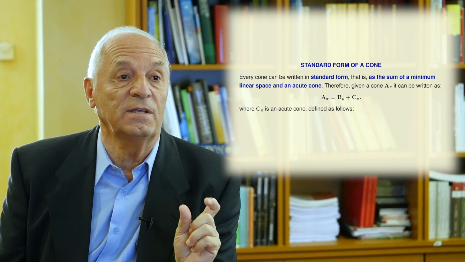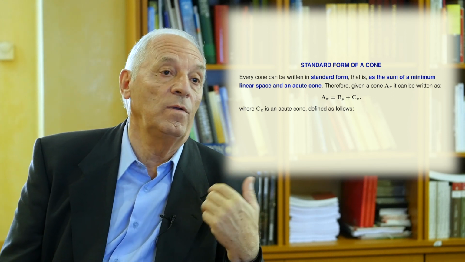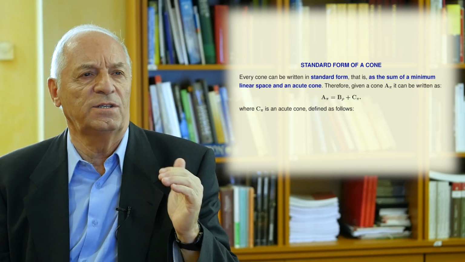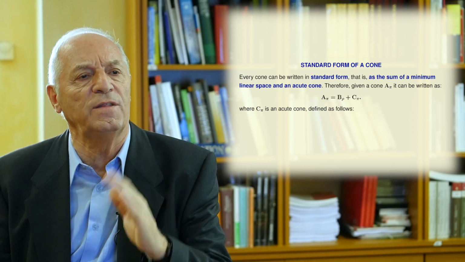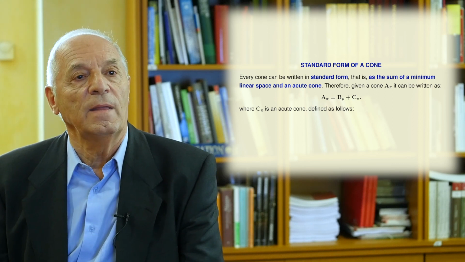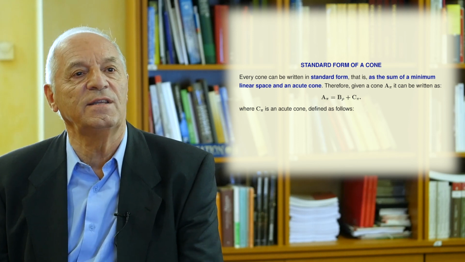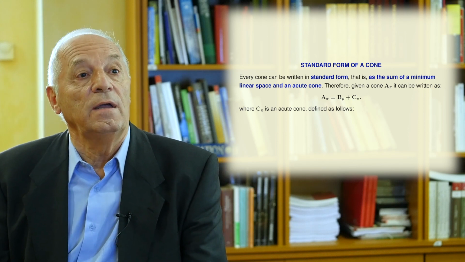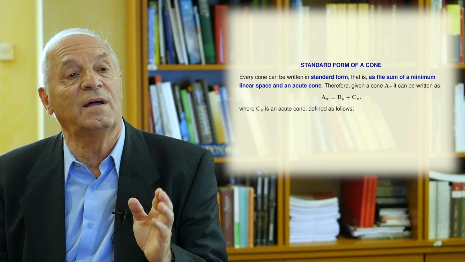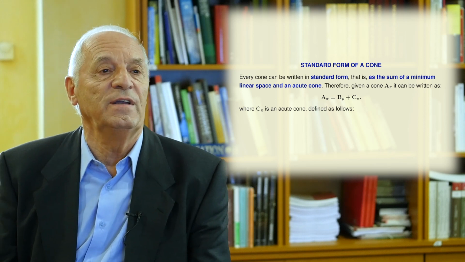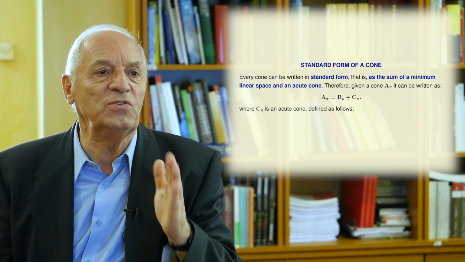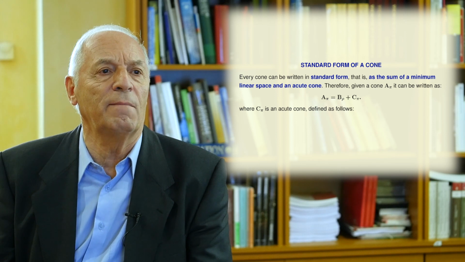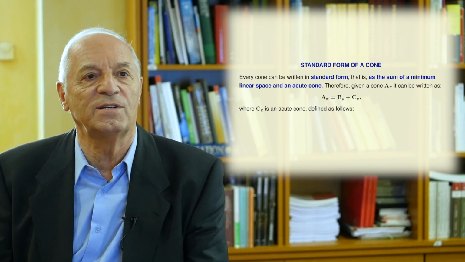And the linear subspace can be given with a basis. It's better to give a basis because it is the least number of vectors that can be given to define the subspace. And the acute cone can be given by the edges. That is the minimal representation that you can give of a cone. The important thing of the algorithm that you will learn in the course is that it always gives you the dual cone in the standard form. The linear subspace is given with a basis, and the acute cone is given by the edges.